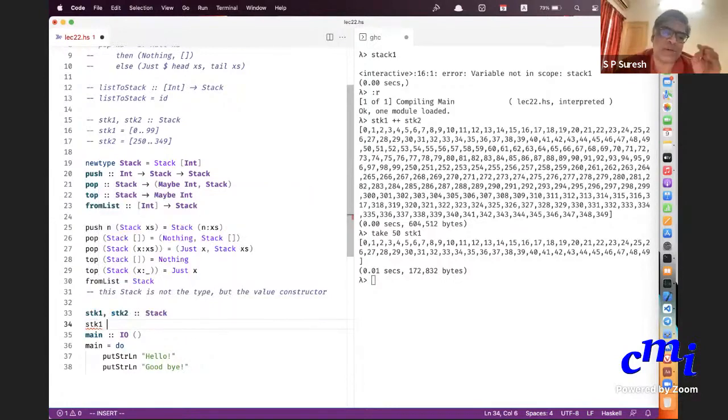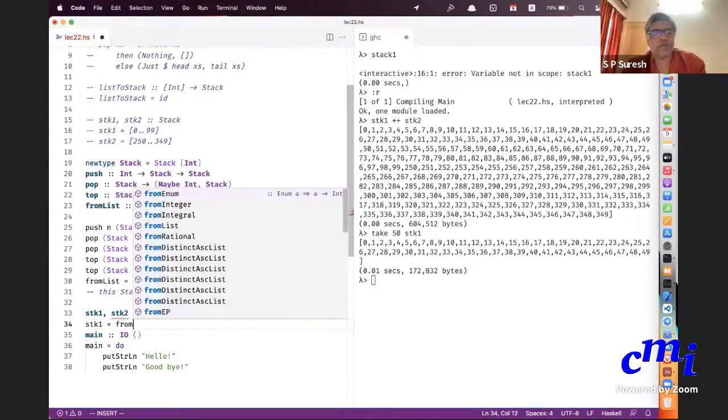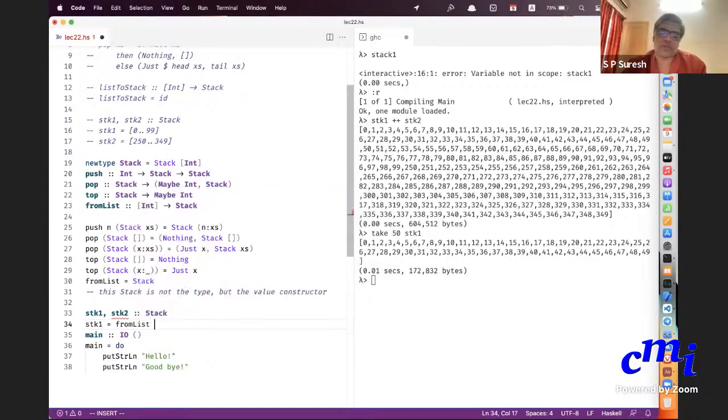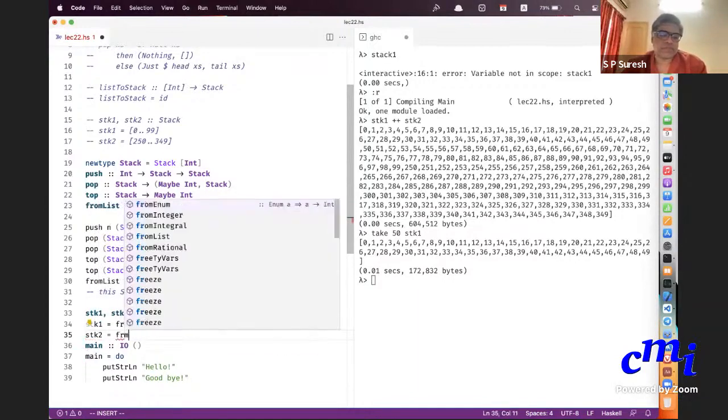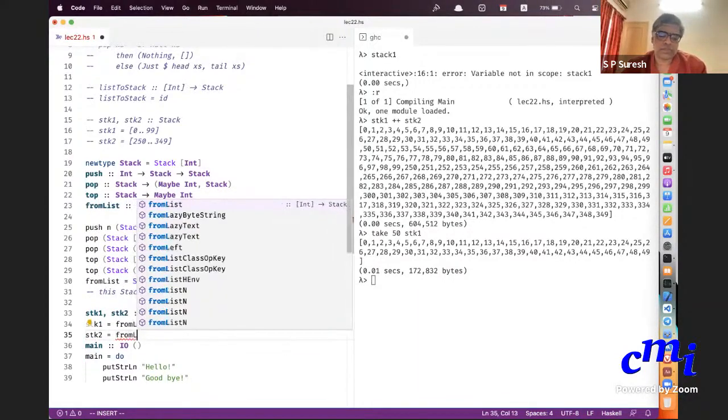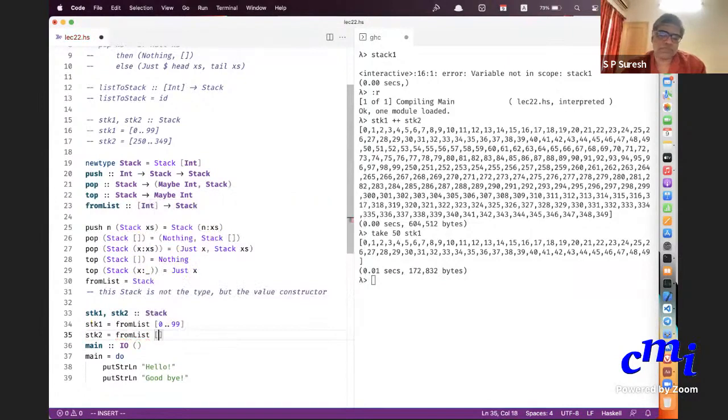We want a stack consisting of 0 to 99 in that order, 0 at the topmost, etc. From list 0 to 99. Exactly. From list 0 to 99. And 250 to 340. Great. We have all this.